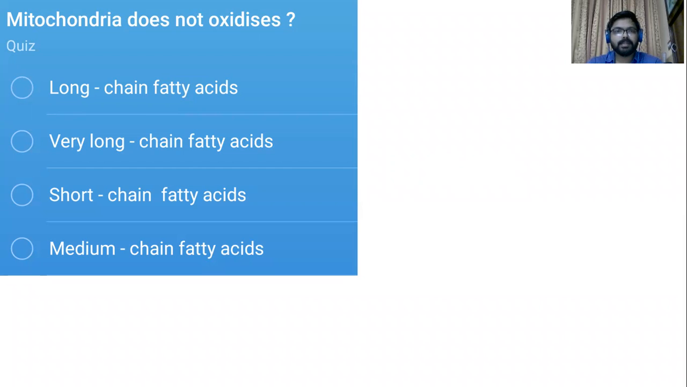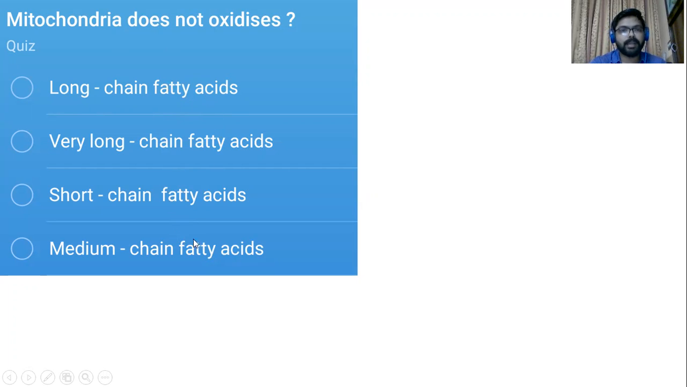Mitochondria does not oxidize. This can be taken as a B-part question in which the CSIR is asking the oxidation capacity or oxidation of fatty acids within mitochondria. Here they have asked that mitochondria does not oxidize long chain fatty acids, very long chain fatty acids, short chain fatty acids also, medium chain fatty acids. You should highlight this particular portion. It does oxidize some